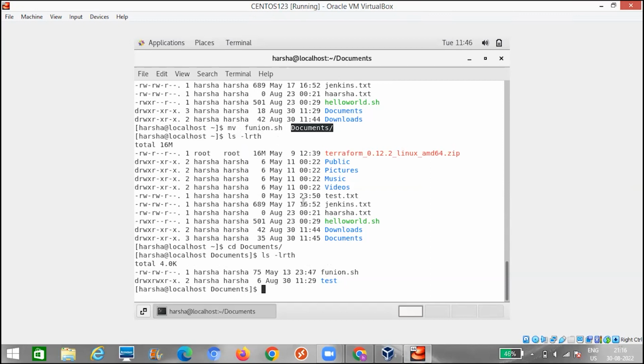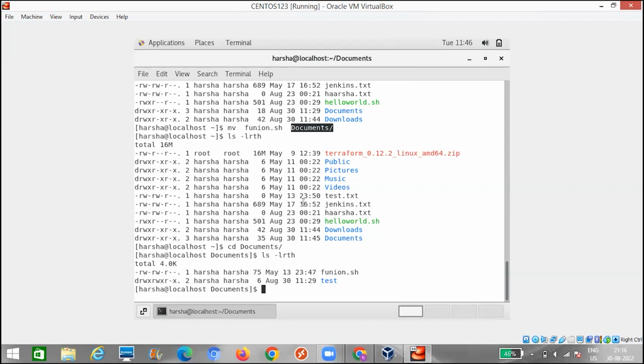Just a question. When you're moving or when you're copying from one folder to another, do you have to be in the root folder or in the root path where the document is saved, or can you move the document from anywhere? We can copy a document from anywhere, but at that time we need to specify the complete path where the document is residing.